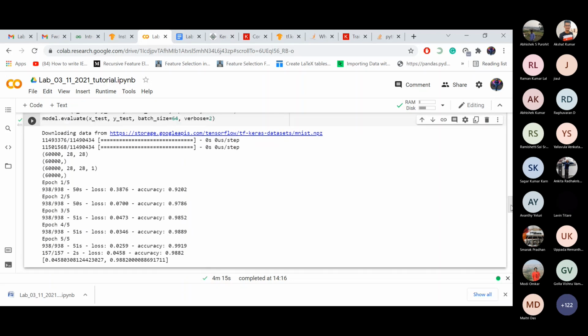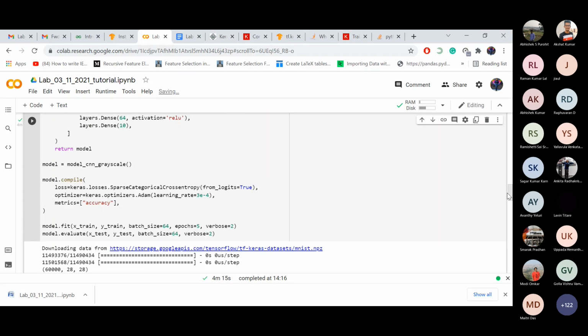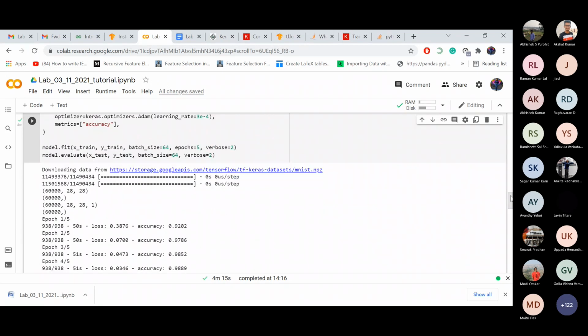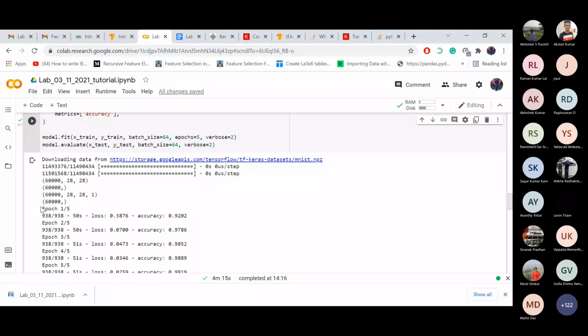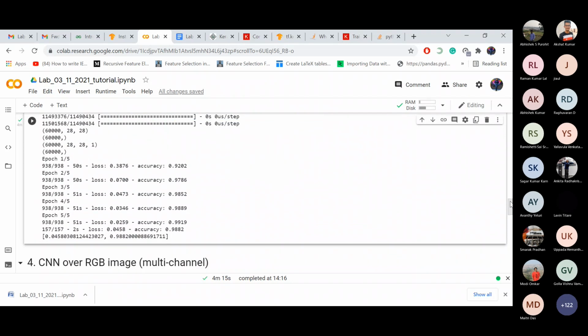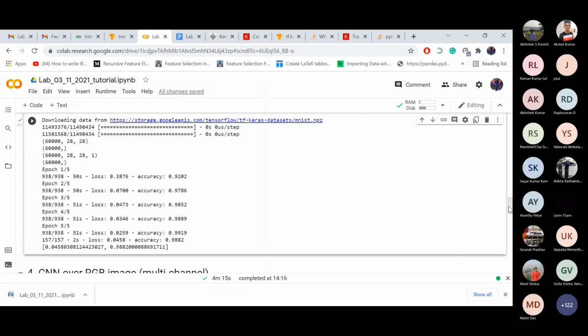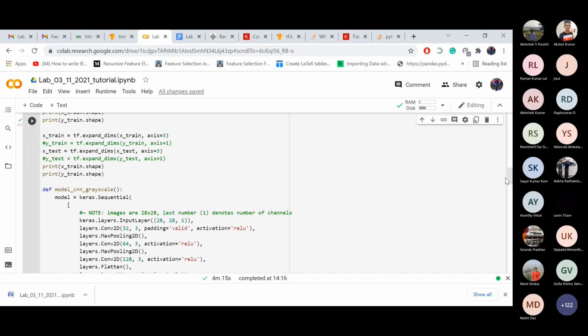Yeah. So we got the output. Here verbose is used since one line per epoch will be shown, that is epoch number slash total number of epochs. This has been shown because of the verbose. So after compilation, we can see from the output that 5 epochs are run. We get the loss and accuracy. Here we can see them. So this was our implementation for grayscale image.